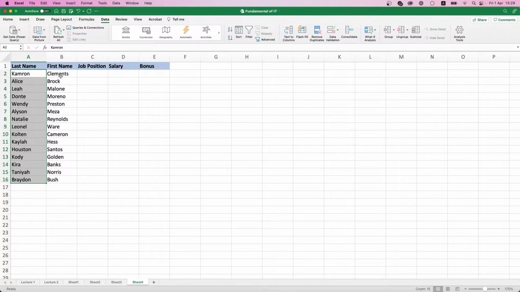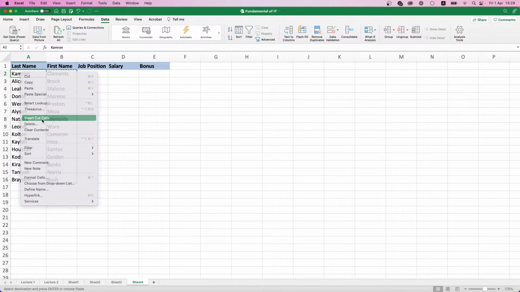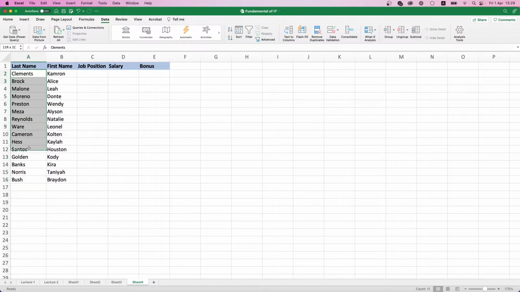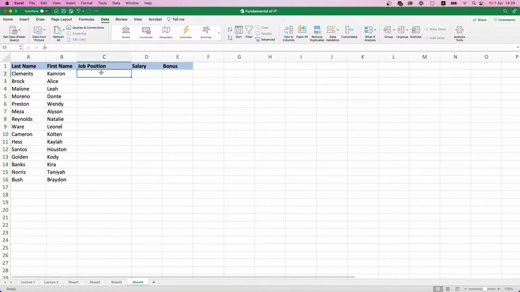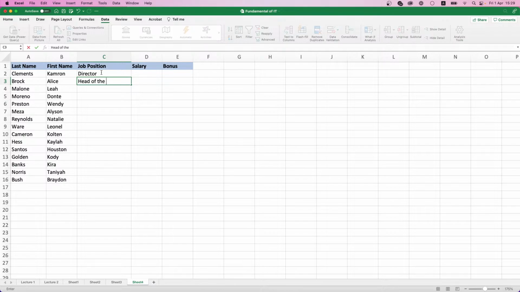Let's go right there, and we need the last name first, so you remember that we want Command X, just press there, right click, insert, cut cells. And now we have the last names there and the first names there. Nothing difficult. About the job positions, we're going to have the director, probably, head of the department,